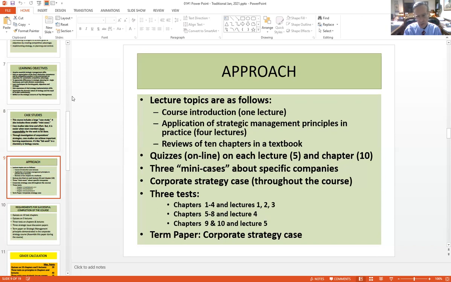The application of strategic management principles, and I've already mentioned those: economy, market, industry, and capabilities, and implementation. So looks like I should change that right now. It's really 5 lectures. I was already getting tired when I prepared this slide, and I wanted to turn it into 4 instead of 5. And I might add that this course introduction is really